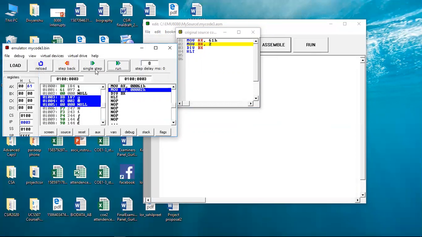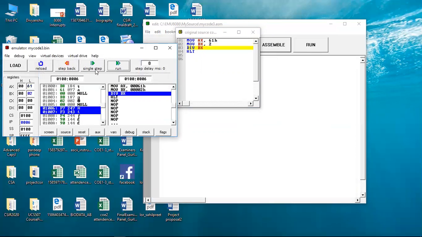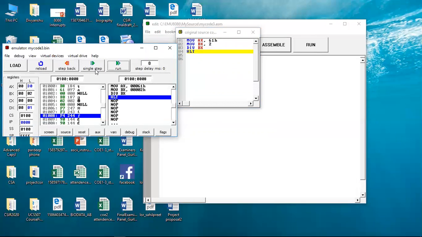Again BX 0002 means 02 will be stored into BL register, and 00 is stored into BH register. The next is when we are dividing it. Dividing means AX is divided by BX. When we are dividing AX by BX, your remainder will be stored into DX register, and your quotient will be stored into AX register.